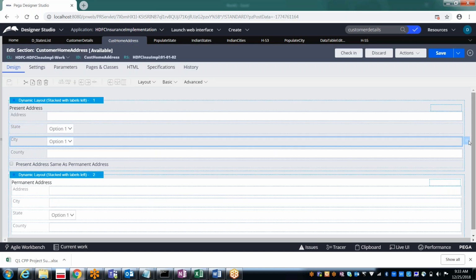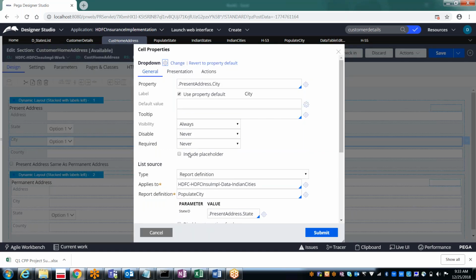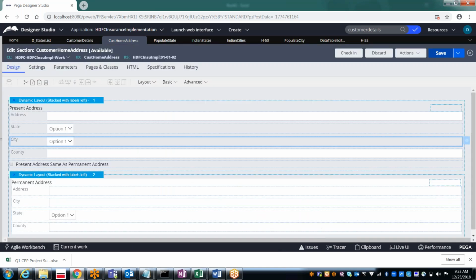In the same way for the city also, include placeholder, submit. Now save it.